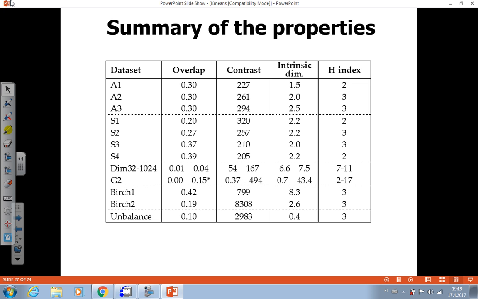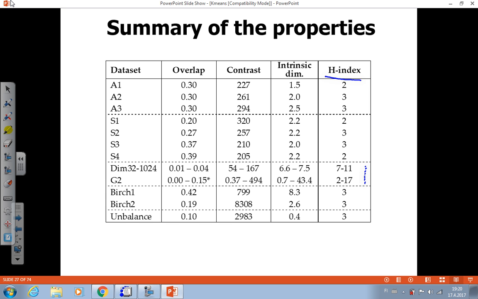Okay, now these datasets and their properties are summarized in this slide. So if you want to take a closer look, I recommend you pause the video here and read more carefully. I just point out a couple of things. First, the H-index. There's not really big hardness values, except the high dimensional ones have some. What else? Contrast is just some number. There isn't anything